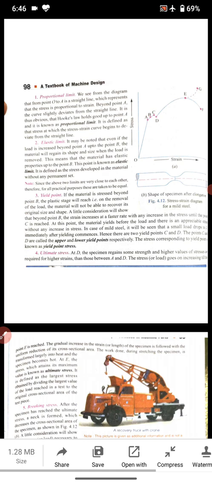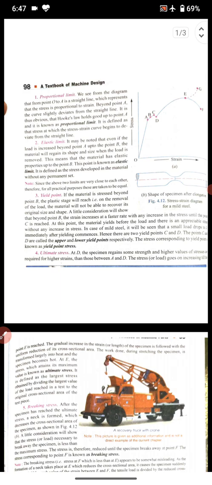You may see this topic in your mechanics subject, in your material science subject, in your strength of material subject,